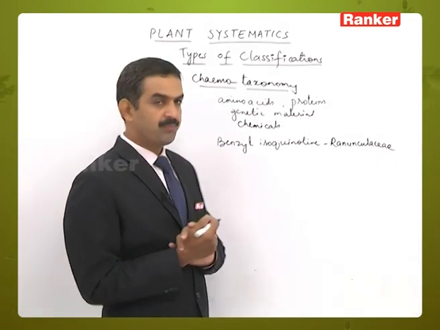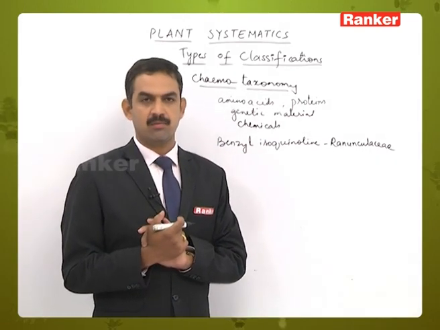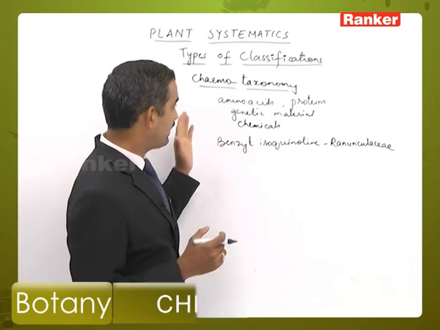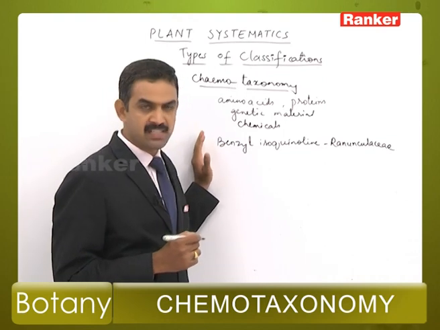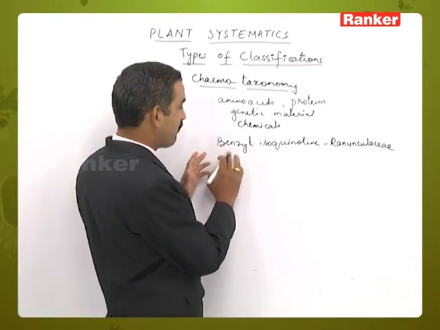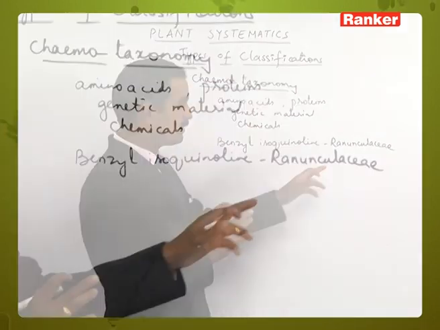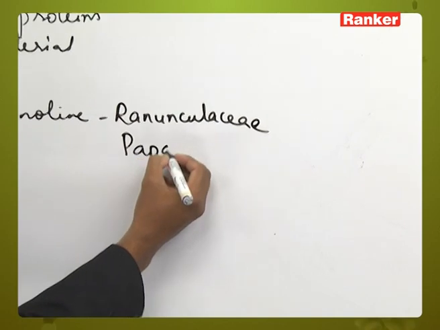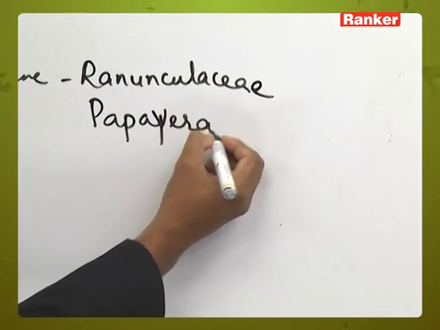So, as I said, the chemicals differ from one plant to the other plant. So, based on the similar type of chemicals which are present in the plants, they have been categorized into various families. Let us take an example of benzyl isoquinoline. So, this is present in the members of Ranunculaceae and Papaveraceae